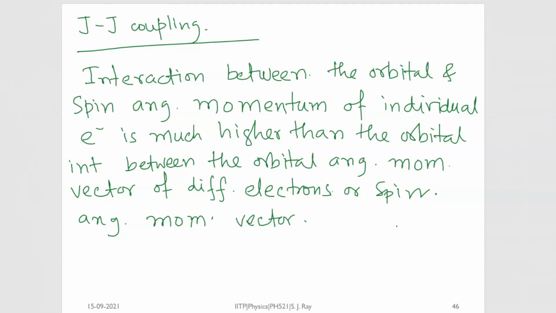So what it says is that, let's say I have electron 1, electron 2, electron 3, electron 4, and so on. Let's say n number of electrons. And this one has L1 and S1, this one has L2, S2, this one has L3, S3, L4, S4. These are individual orbital angular momentum and spin angular momentum vectors for the respective electrons. So if it is under LS coupling, that means that the atom is a lighter atom, then what happens is that individual L's will couple together.